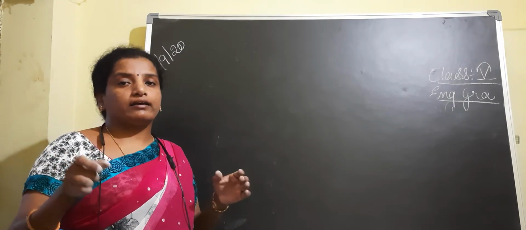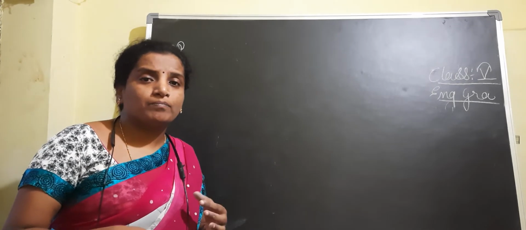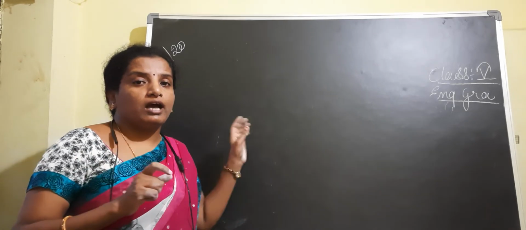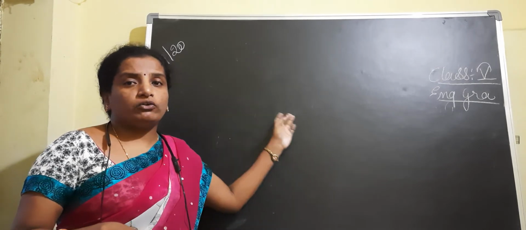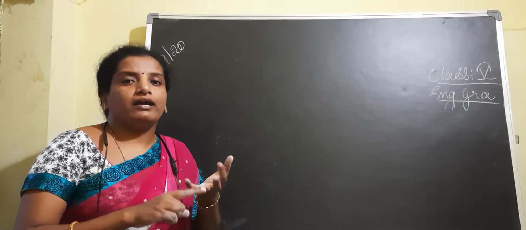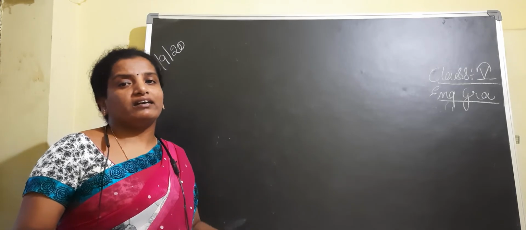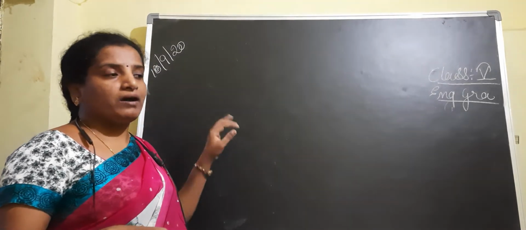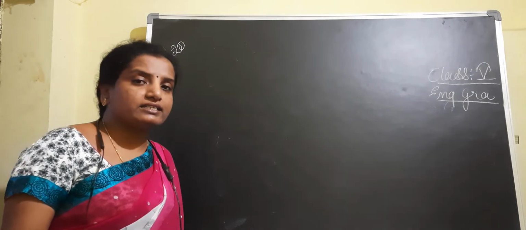With these 12 names, we have discussed the structures also, 12 structures, children. And I have told you how to identify the tense of a sentence. We have to divide the given sentence into subject, verb, object and helping verb. Then easily we can identify the tense of the given sentence. And next we are discussing simple present tense, Nana. What is simple present tense, children?